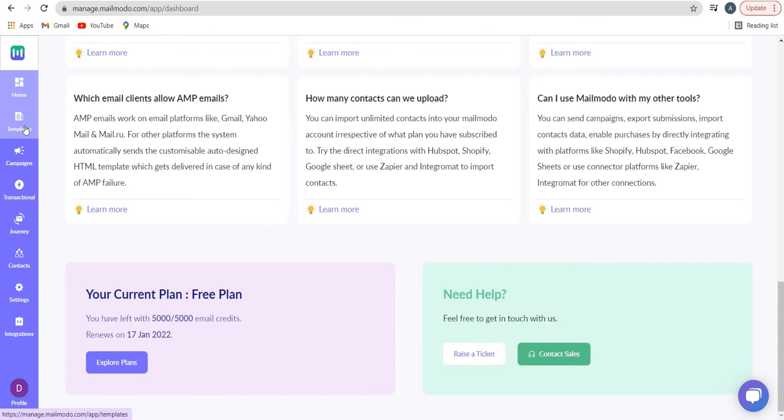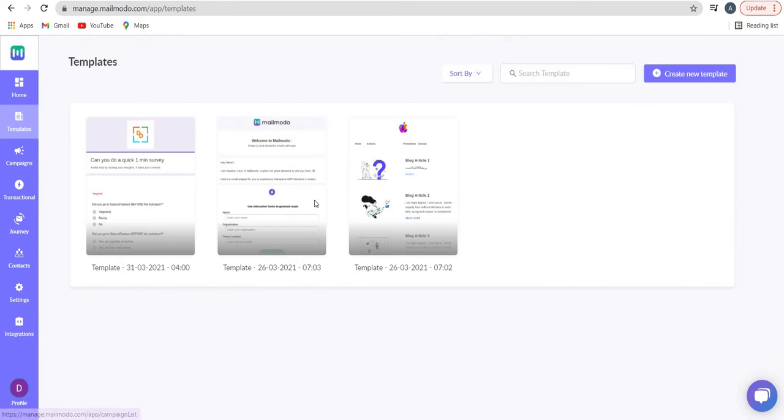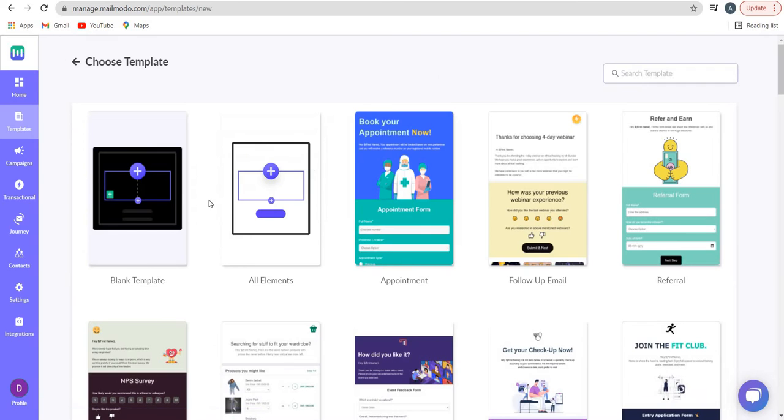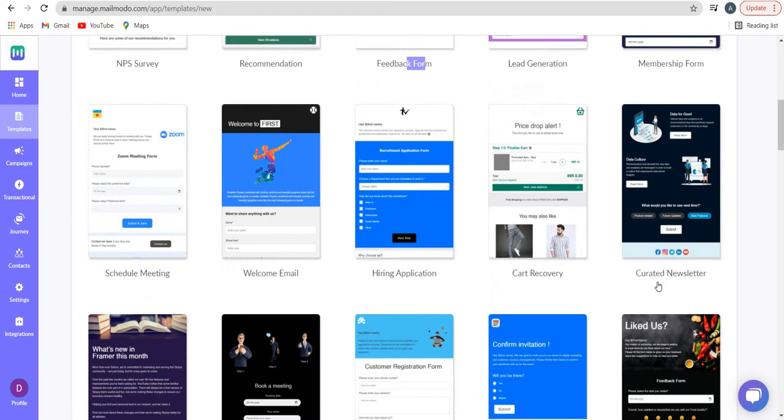Just coming back over here to the left sidebar, then I'll click on templates, and you will see many templates over here. I'm just going to click on new template, and you will see a series of templates over here. You'll see a blank canvas, all elements, appointment, follow-up email, referral, NPS survey, recommendation, feedback form, lead generation, membership,